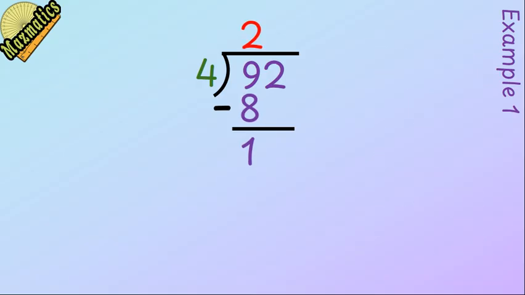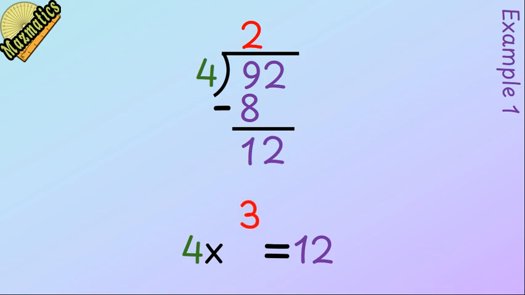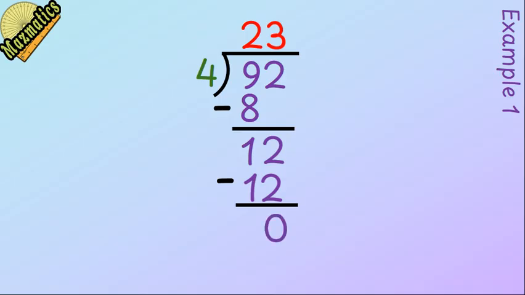Since we are going digit by digit, we need to combine that remainder with our next digit and divide them both together. It's time for the second digit, so bring it down so our new remainder becomes 12. 4 times what number gives 12? 4 times 3 is 12. Write 3 on the roof and write 12 below our new remainder. 12 minus 12 is 0. We see that the remainder is 0, which means that our division process is complete. Good job! We solved the whole division problem digit by digit by breaking it up into 2 basic division steps.